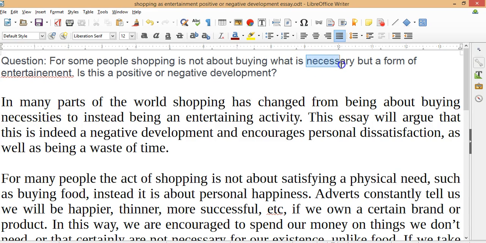So I've changed it from an adjective to a noun, to instead being an entertaining activity. I've changed the noun into a verb. "This essay will argue that," and there's a clearly expressed opinion, "this is a negative development and encourages,"